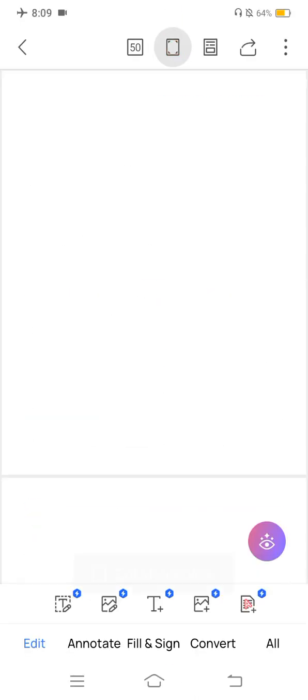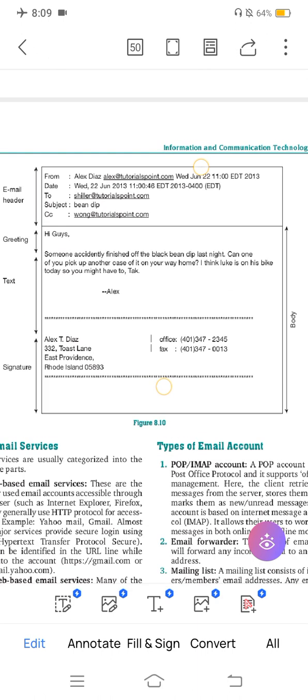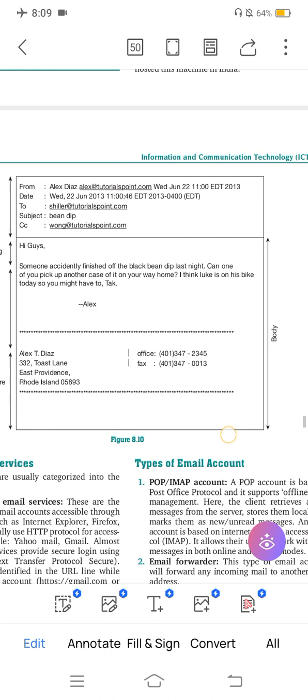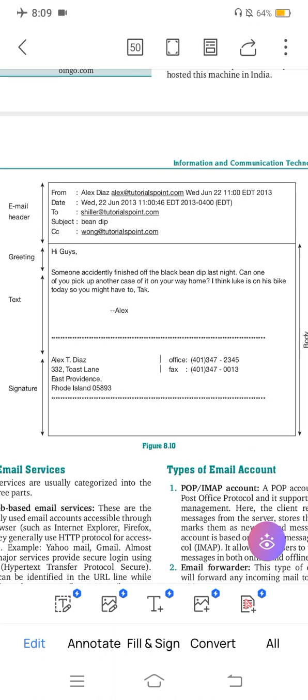Here we could see a representation of an email. Email header: from, date, then to, subject,